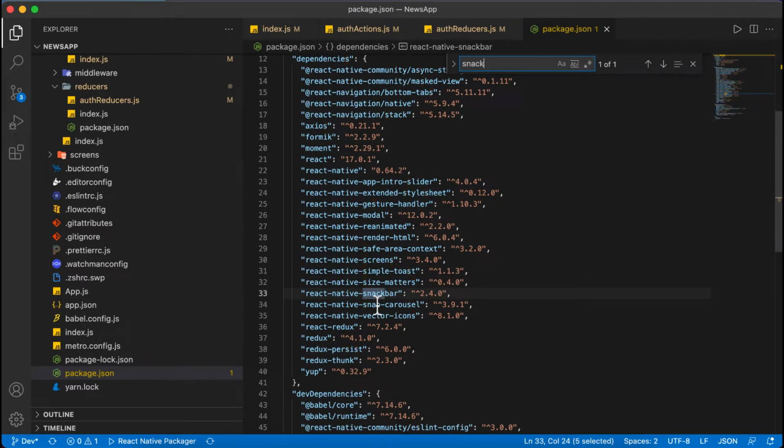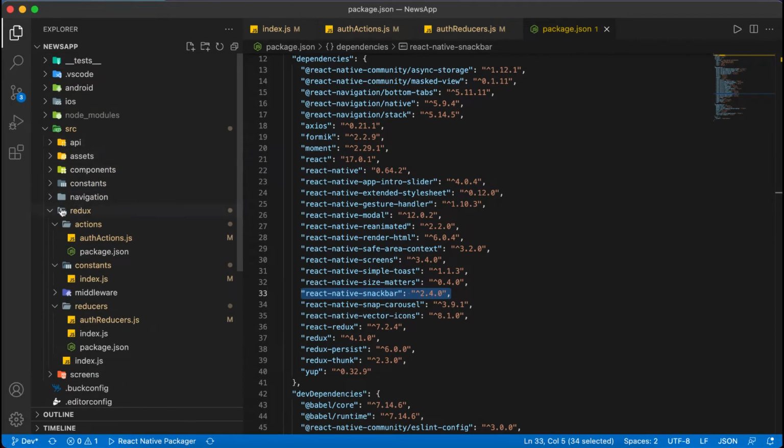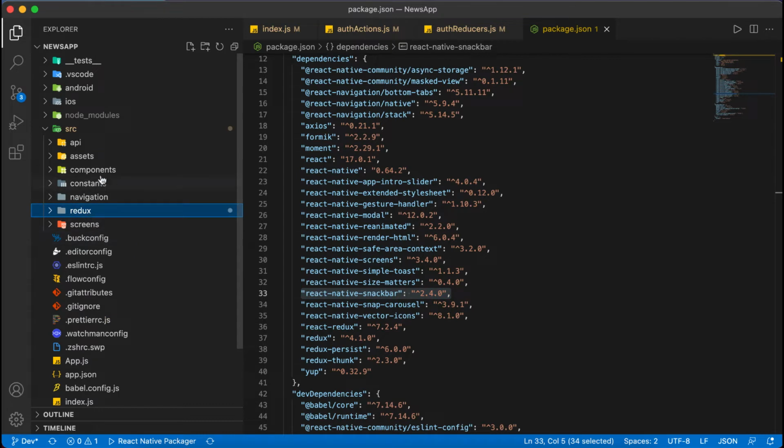Snackbar, yeah, we have added React Native Snackbar. If you have not installed it, then please install it by npm i react-native-snackbar. So what I will do now, I will create one util file. We do not have any utils folder here, so we'll create one folder